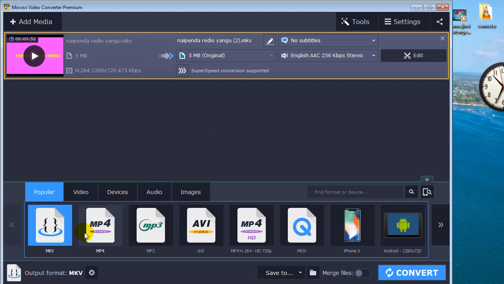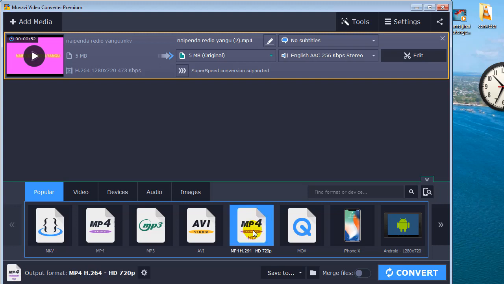So I have to choose a format that I want to be converted. Here are a lot of formats, but I want this one, my mp4. I select it,